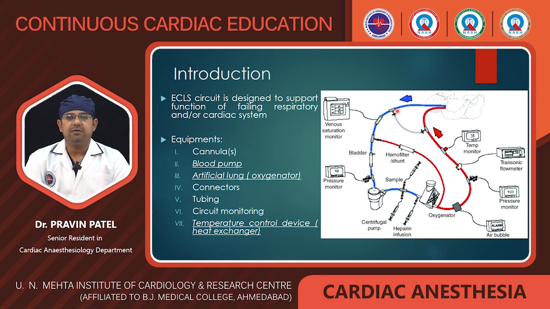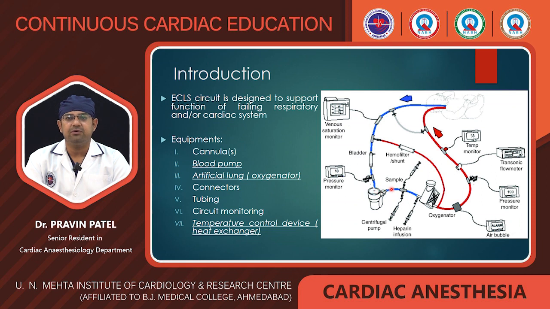After that the blood comes from the venous side to the bladder. The bladder is basically the protective system where we can assess especially the negative pressure. It prevents negative pressure and hence prevents excess air embolism. After that the blood comes into the pump, which is nowadays a centrifugal pump, where the blood revolves around the various impeller discs.